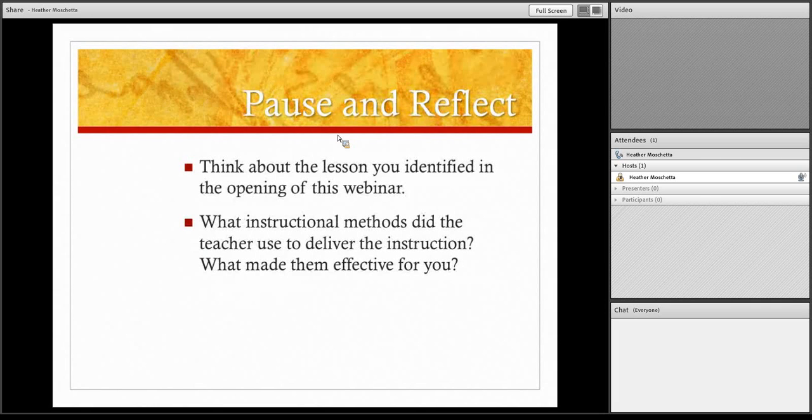I ask you to do this because we often teach in the same style in which we learn best ourselves. This can be good because it tends to highlight our passion for the content and the material that we're teaching, but it can also be dangerous to favor just one or just a few teaching methods. Remember, it's really important for us as teachers to adapt our instructional delivery to our students' needs and differentiate as necessary. So I ask you to reflect on what works best for you, just so that you can be aware